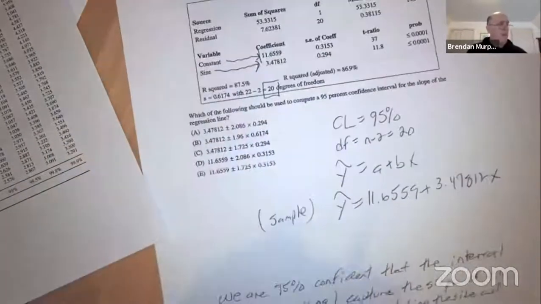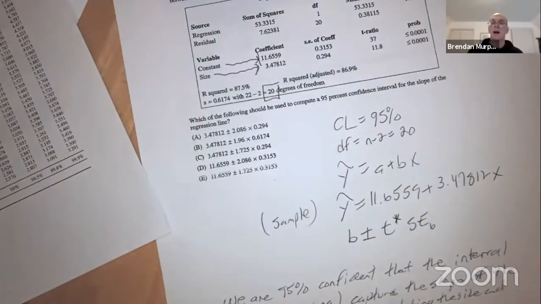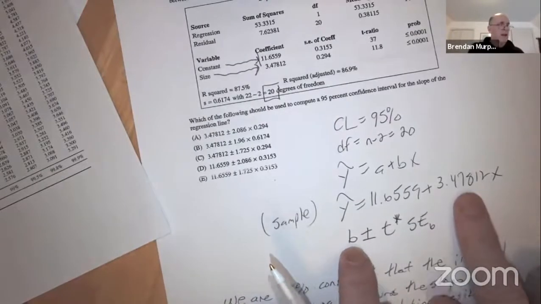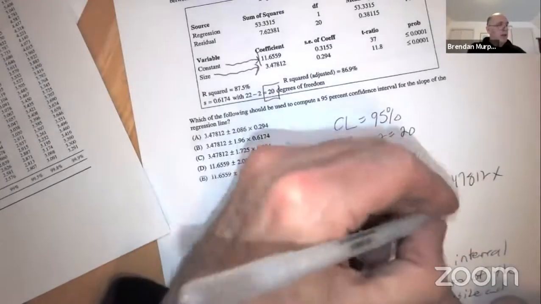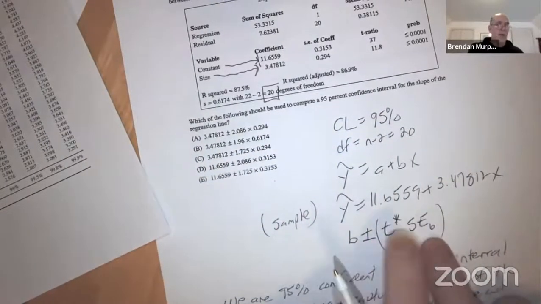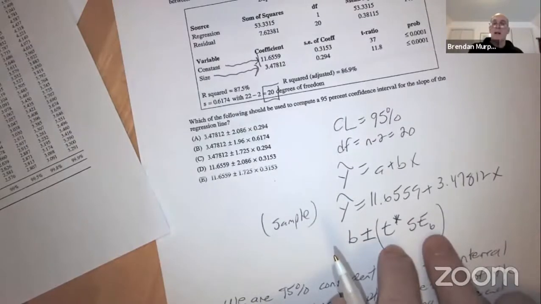So I want to use the formula b plus or minus critical t times SEb. Again, we sort of build all confidence intervals the same way. We start with some sample statistic. In this case, it's our sample slope. And I add and subtract what I call a margin of error. These two numbers multiplied give me the margin of error. So we identified the sample slope as